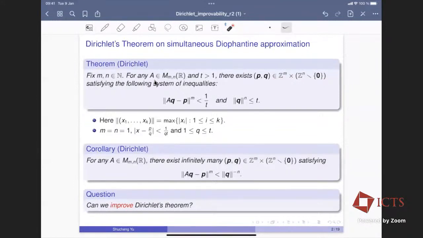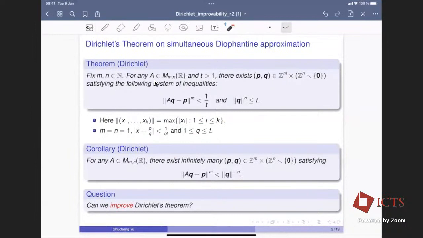It says that for the size of q up to t, the norm of q raised to the power n is smaller or equal to t, you can always find a vector p such that the vector Aq minus p is small, in the sense that the norm of it raised to the power m is smaller than 1 over t. And here the norm is the supernorm,